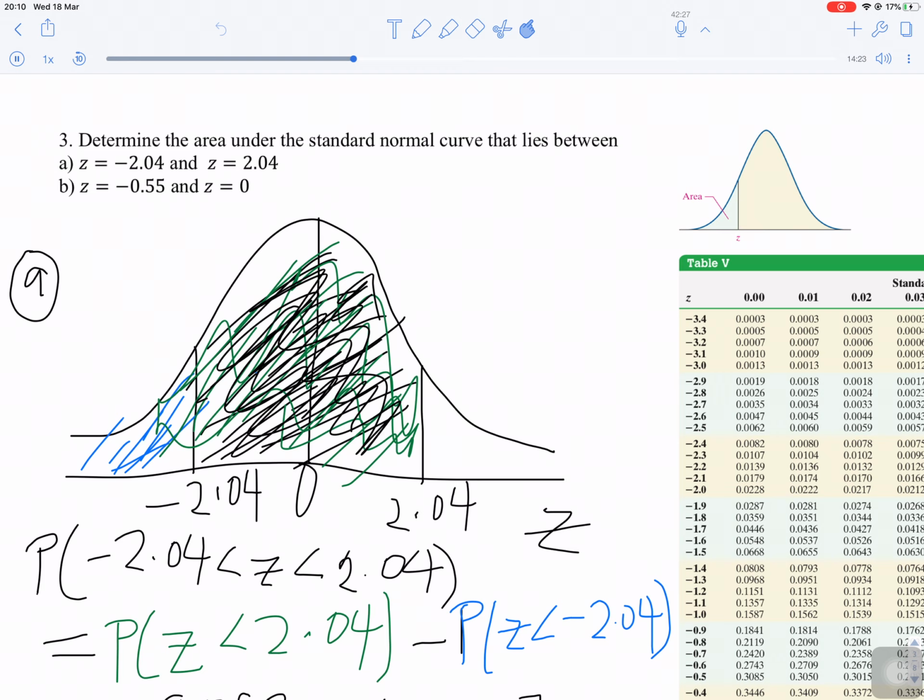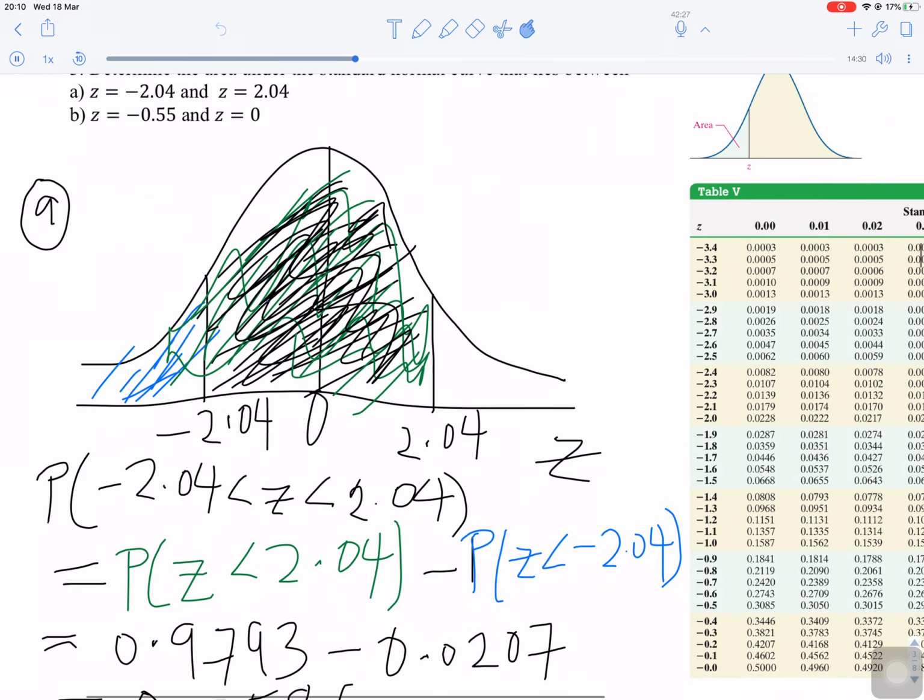So I have shaded that interval in the color black. I made a sketch of it and shaded that region. In mathematical notation, that is P of negative 2.04 is less than Z less than 2.04. Now, if we want to use the standard normal table to be able to do this, then we have to